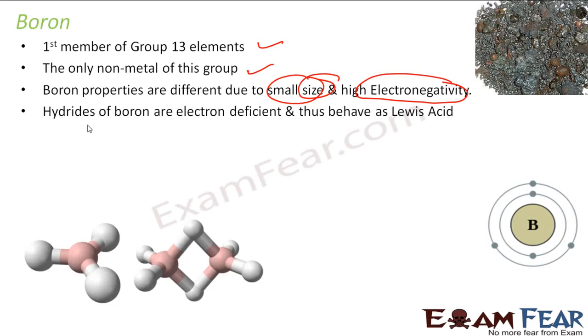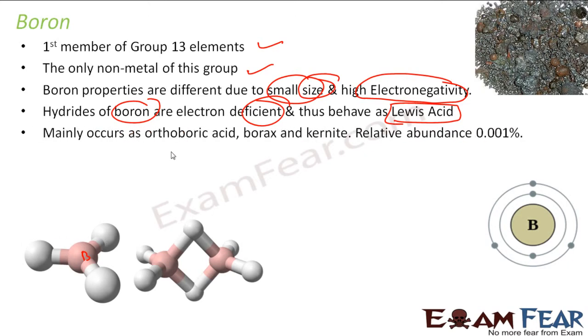The hydrides of boron are electron deficient. We have seen that BH3 and all, and thus they behave as Lewis acid. So, for example, boron has 6 electrons and it behaves as the Lewis acid. It mainly occurs as orthoboric acid. We have talked about this, H3BO3,